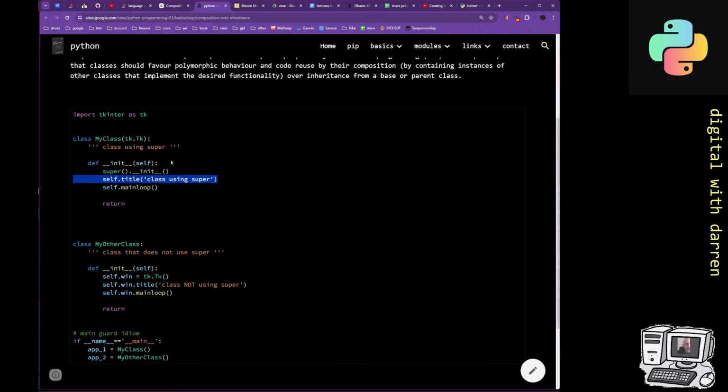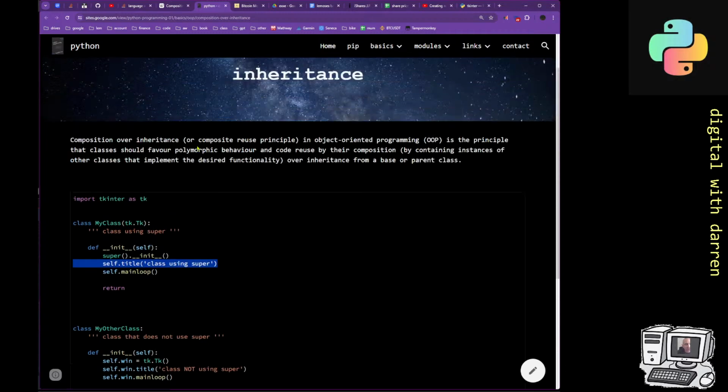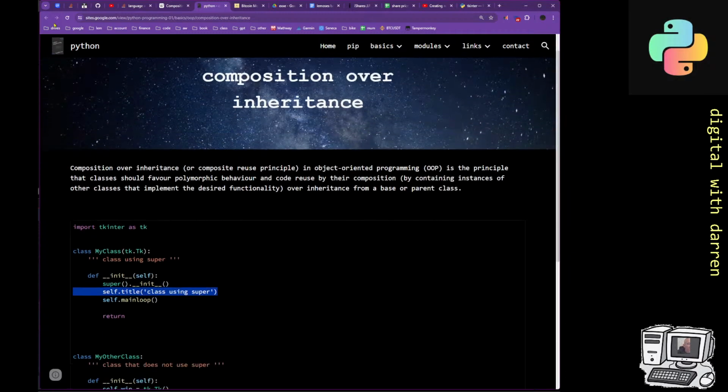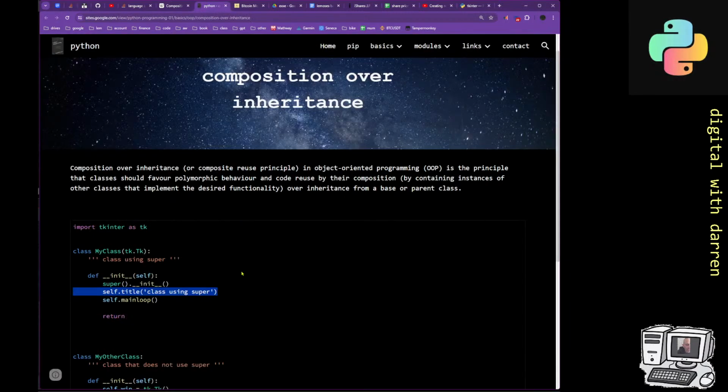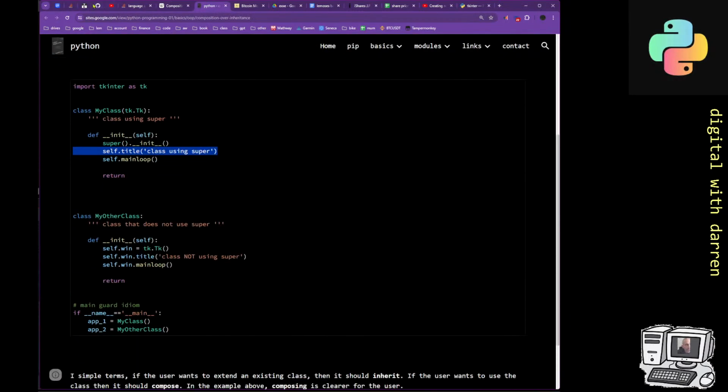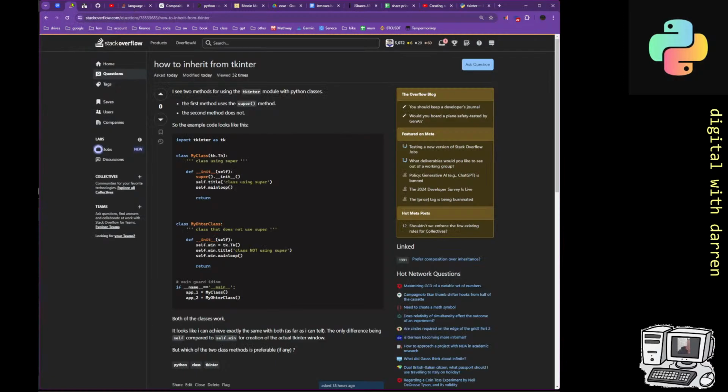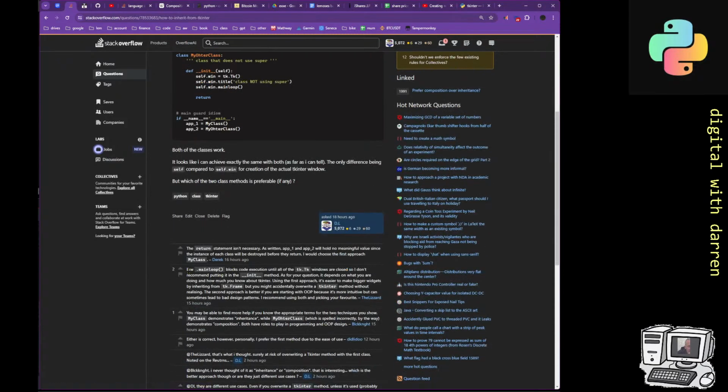So I thought I'd go along and ask a Stack Overflow question on this particular thing. Here's my question, where I've got these two modules. It's exactly the same as what's on this site over here. The only difference is I'm asking in a public forum, and quite a few people actually answered. This one's really interesting. So if I zoom in a bit,